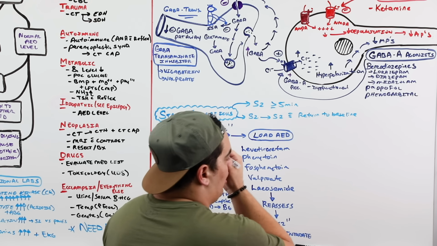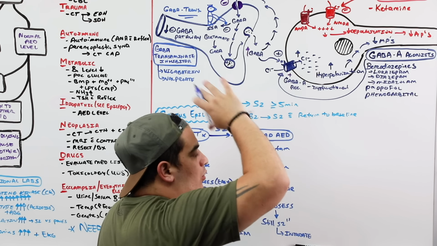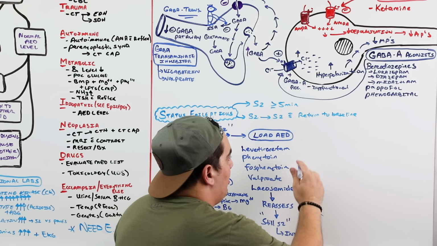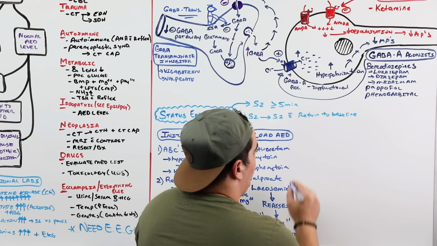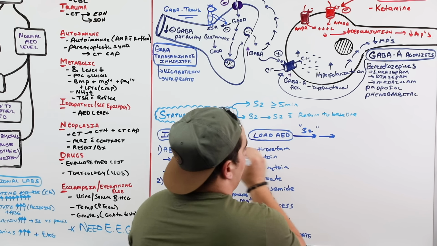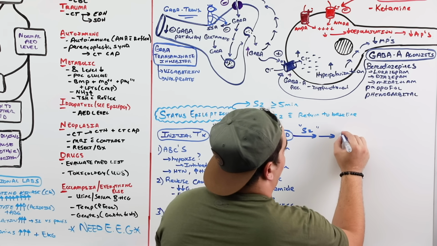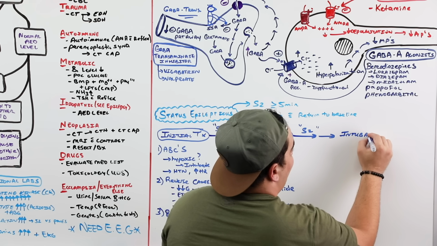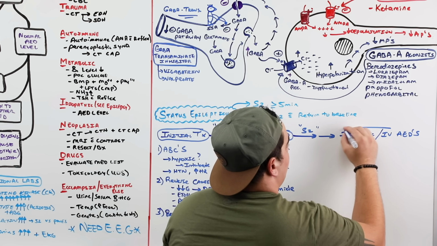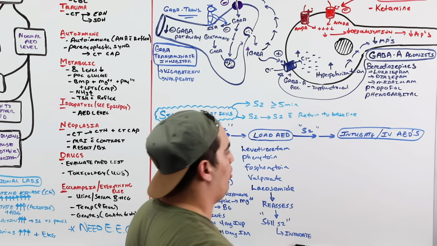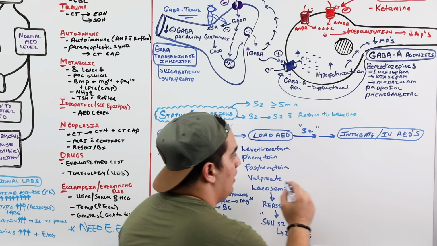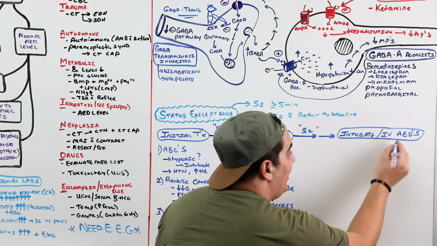So now we go to the next part. What have we done? ABCs, reverse easy causes, give them a benzodiazepine, load them up with an anti-epileptic. If they're still seizing, we're going to intubate them. And if after we've done that they're still seizing, we've intubated, now we're going to start IV anti-epileptic drugs. These are the heavy-duty bad boys. We've loaded the anti-epileptic, as we've discussed. The next thing we're going to do is IV anti-epileptics.